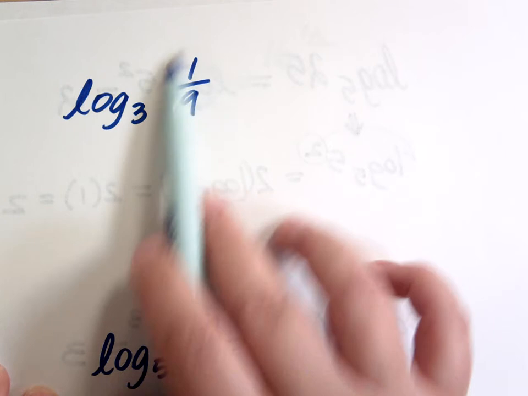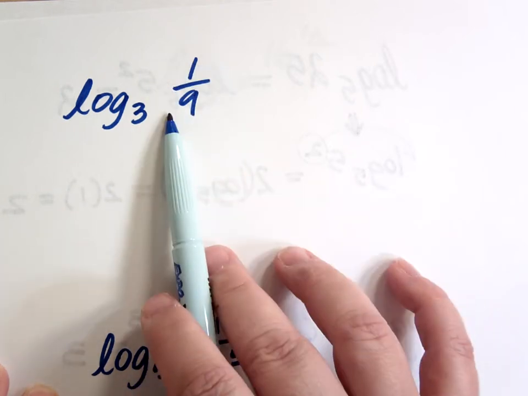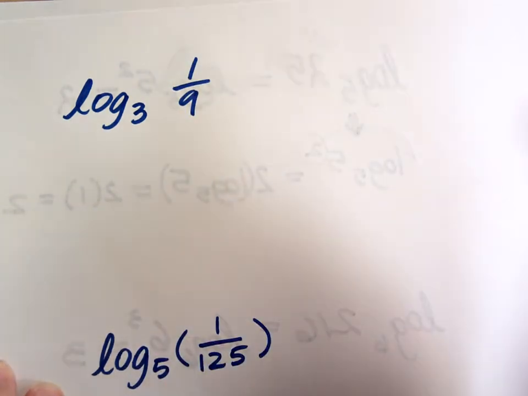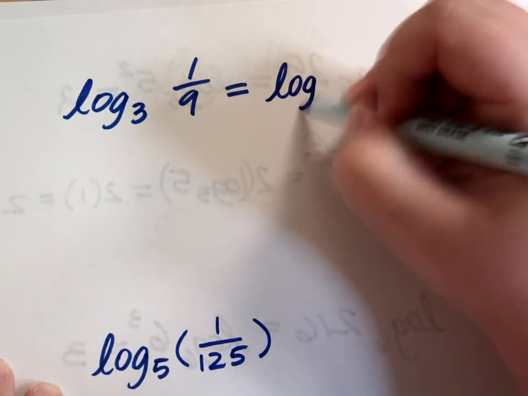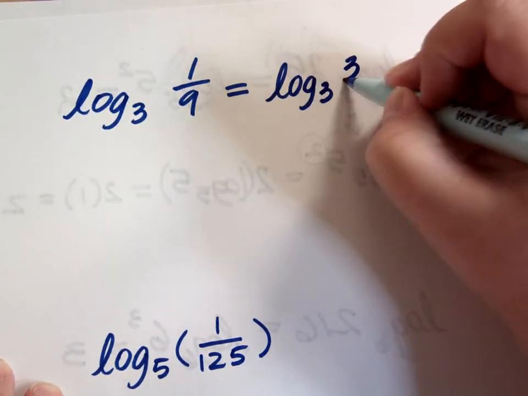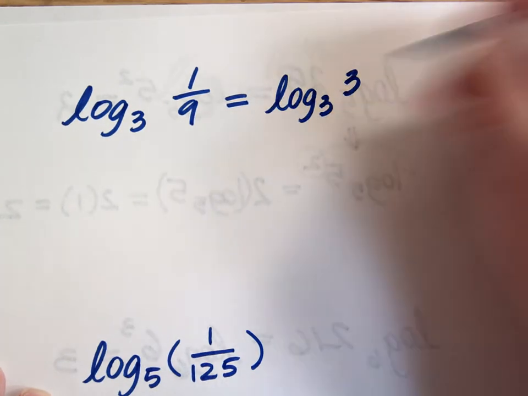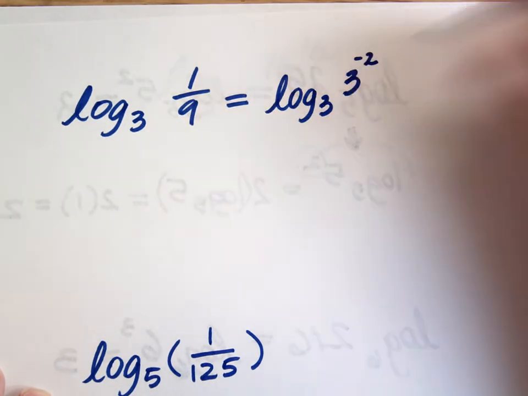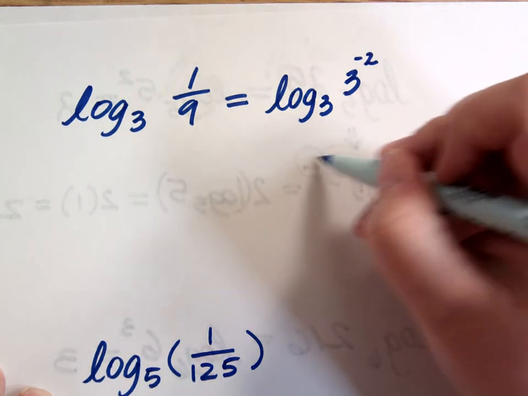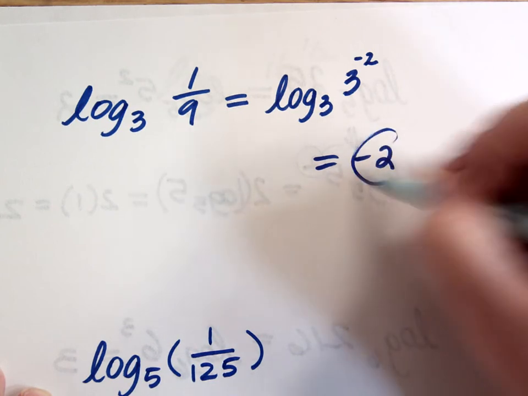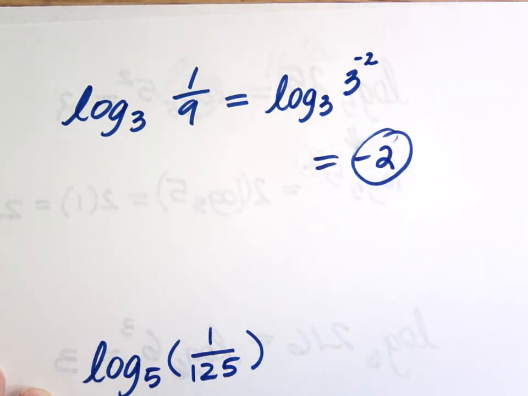So I can rewrite this as a power of 3, but because it's in the denominator, it's going to be with a negative exponent. In other words, this is log base 3 of 3. 9 is 3 squared, so this is 3 to the negative 2. 3 to the negative 2 is 1 over 9. So I have to recognize that I can do that and then say, okay, my answer is negative 2. All right, so looking here,